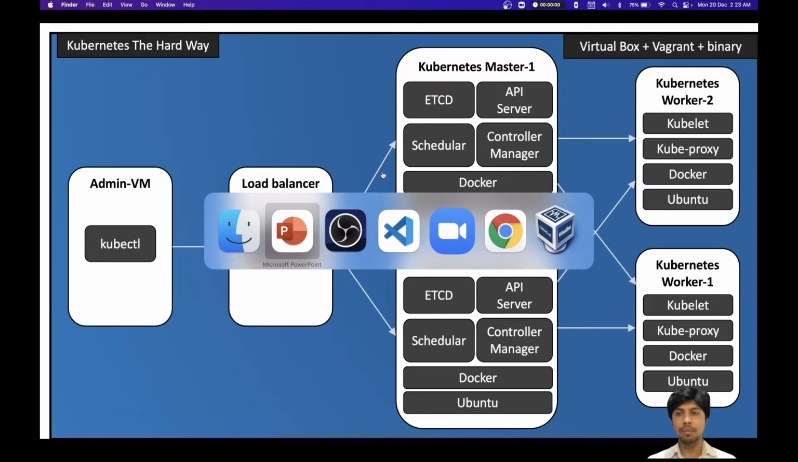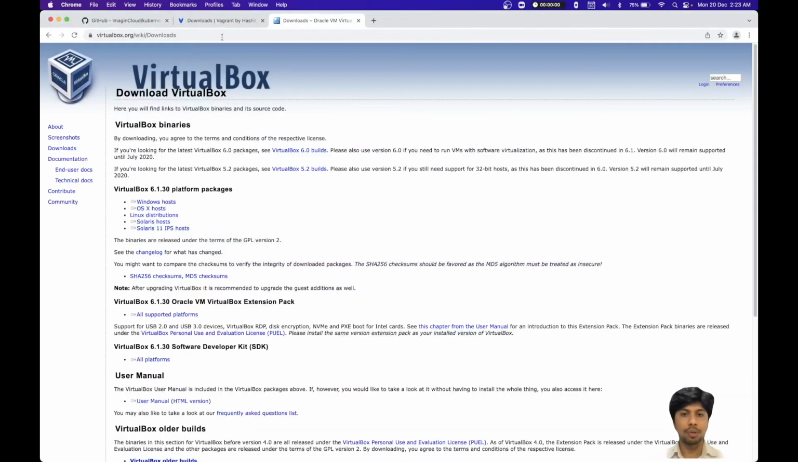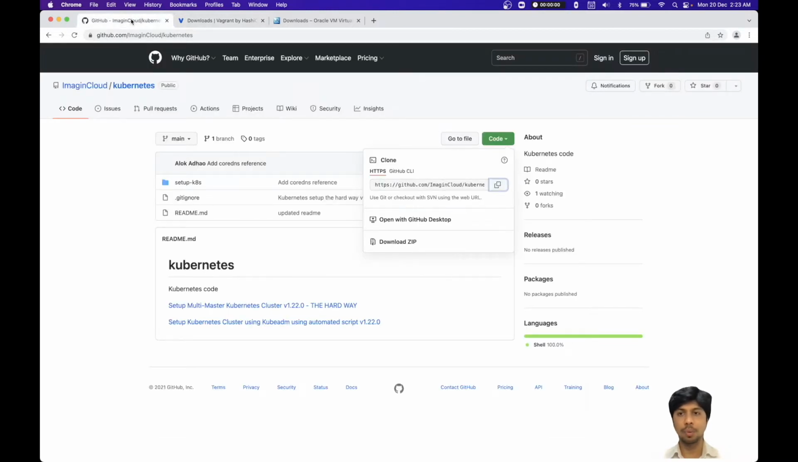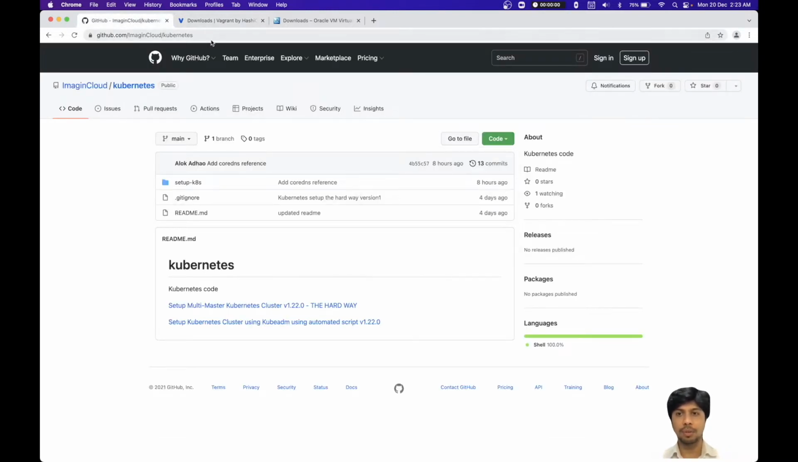Now to follow this demo, you need to install VirtualBox for your own OS. Also you need to install Vagrant, the latest version 2.2.19 or any relevant version among those, and you need to pull the GitHub repository, which is